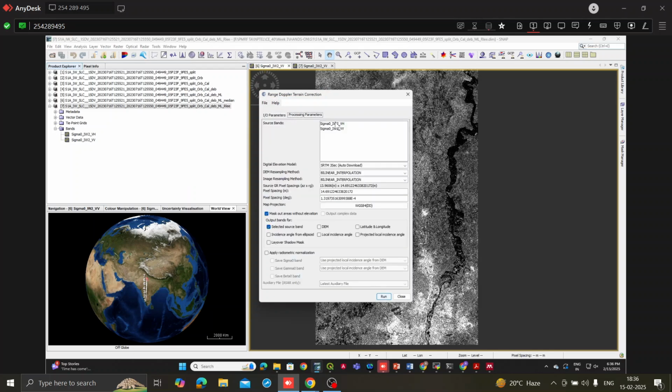In parameters, now we can see we already multi-looked the data, that is why it is coming into this pixel size 13.9 by 14.6, and it is using this SRTM 3 second, this free 30 meter DEM, and we are using the bilinear interpolation resampling method. Map projection we can